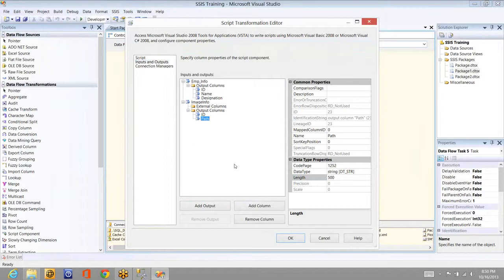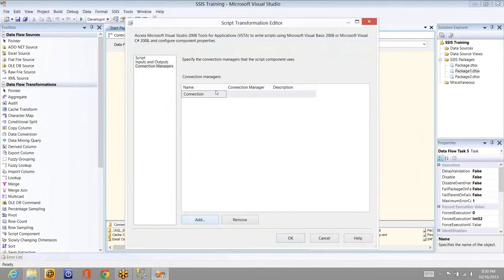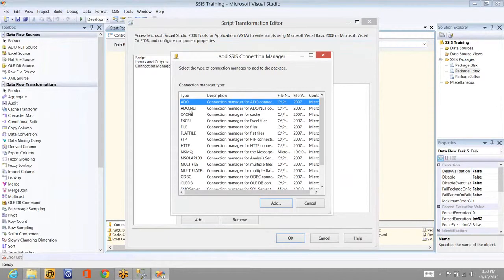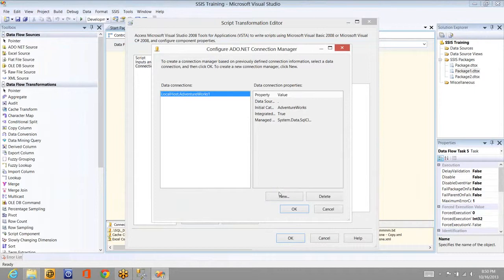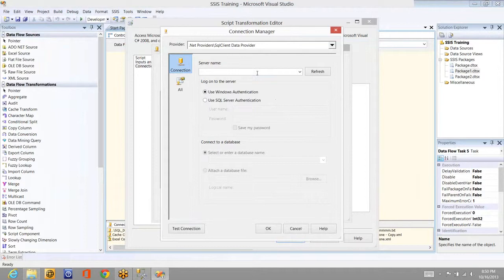Now I need to set a connection. I need to connect to SQL Server, right? So what I can do here is use connection managers. If you go here, you can give some name. Guys who are familiar with .NET, concentrate. I'll give the connection as ADV works. And for the connection manager, I'm taking a new connection, a new ADO.NET connection. And I'll connect to a new database.